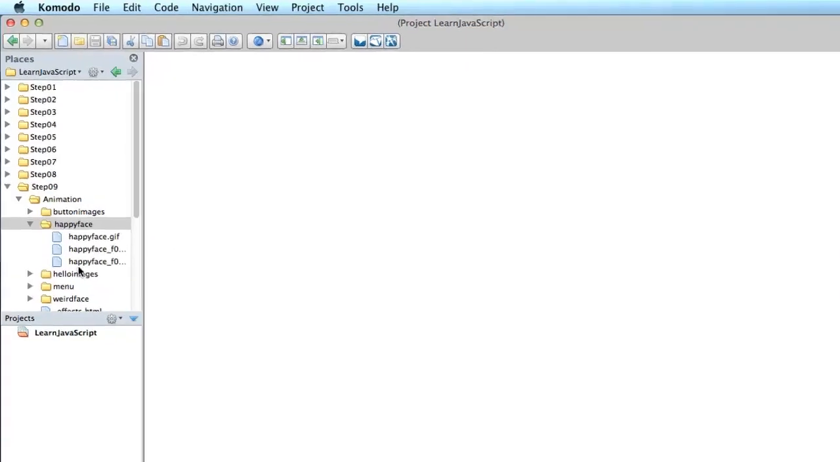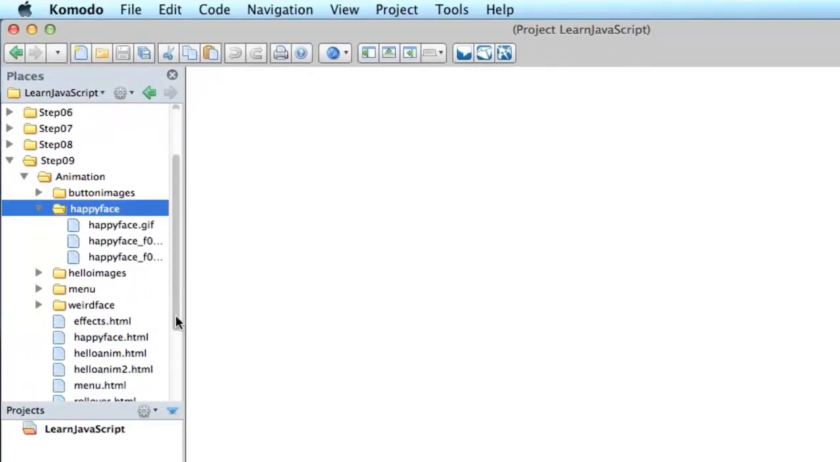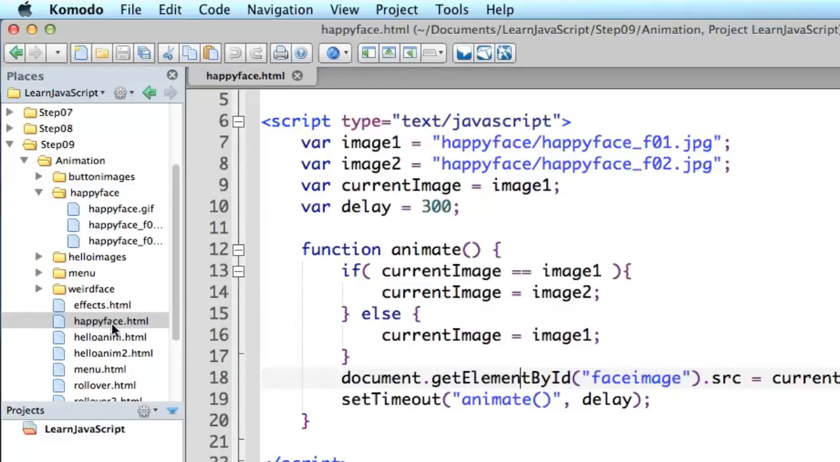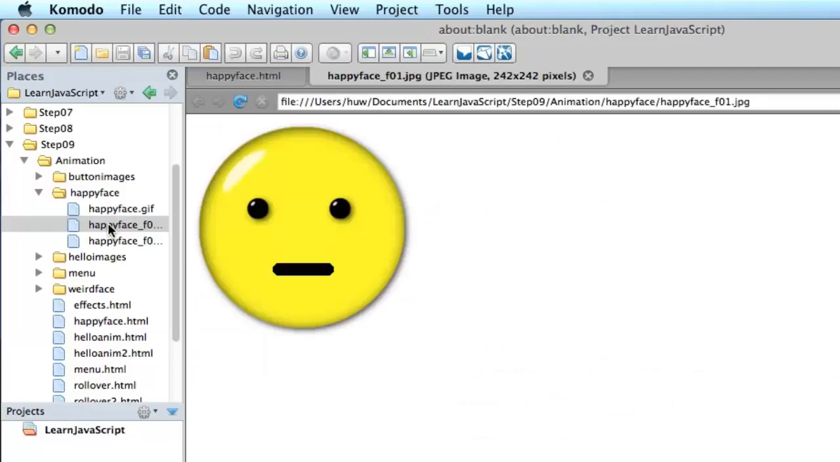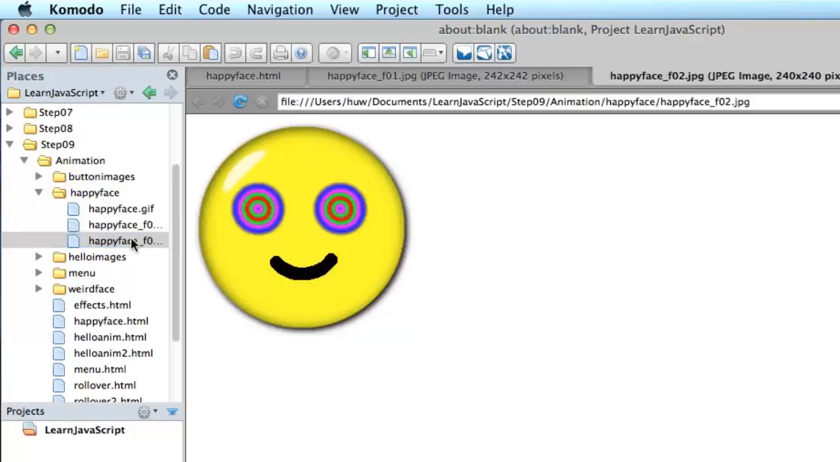It's in the happyface.html sample program. You'll find the page beneath the animation folder, and there are a number of different pages here with sample code in. So load up happyface.html, and that switches two images, and these images are located in the subdirectory happyface, and the images are this one, happyface_f01.jpg, and this one,